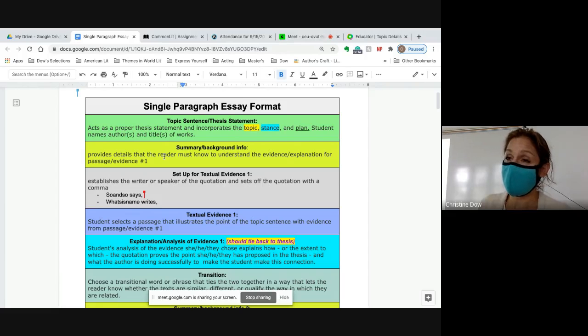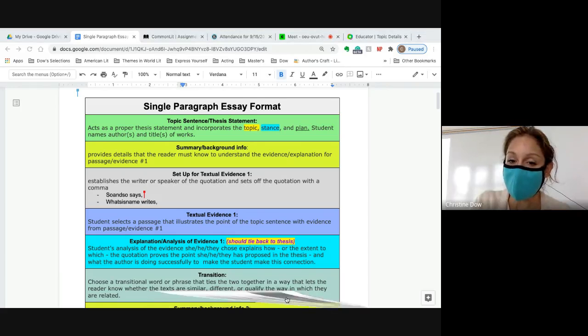I want you to have plenty of time to write, but I also don't want you to feel like I'm going to keep writing this thing until 2 o'clock in the morning, because that's not the point. It should be a timed writing. You should be able to write it in the course of the period, but I want you to feel like you have a fail-safe. Does that make sense? All right. 11:59 is more than enough time. If you're taking more time than that, then either you procrastinated and watched Criminal Minds too long, or you are overthinking it. Okay, so we go from the thesis statement.